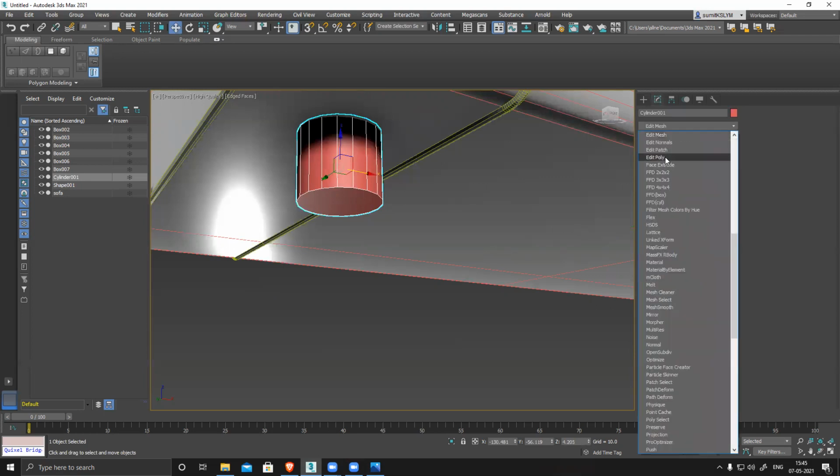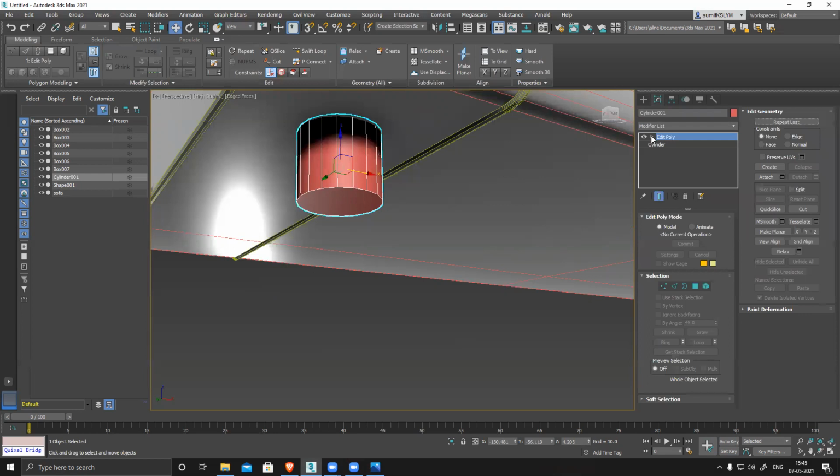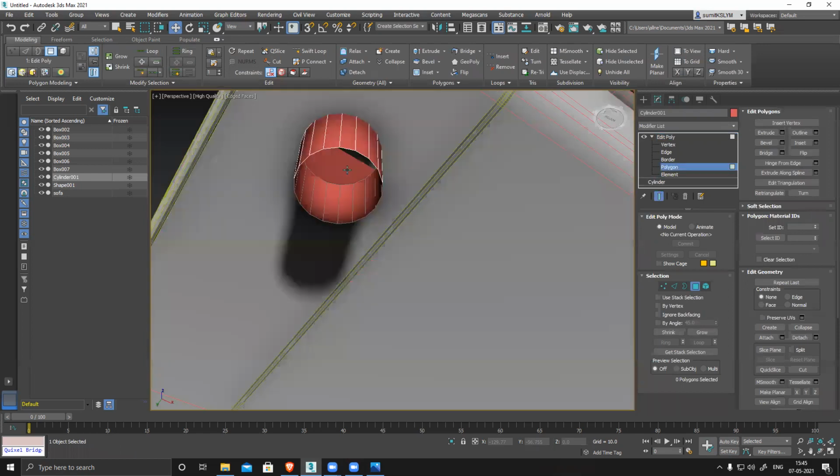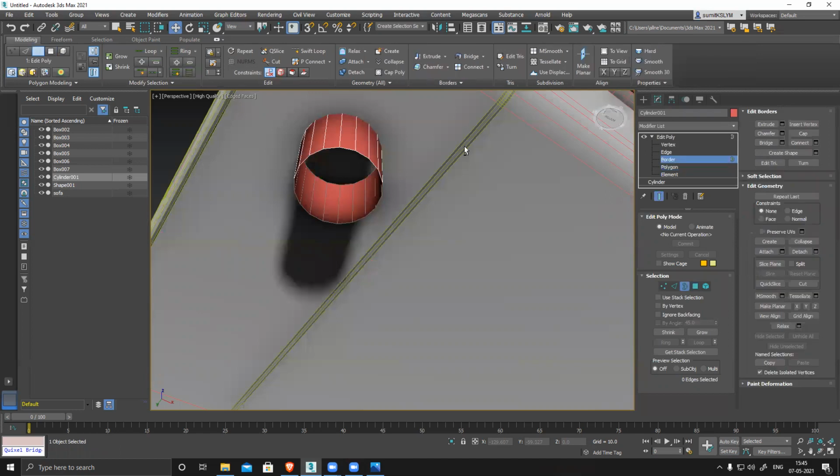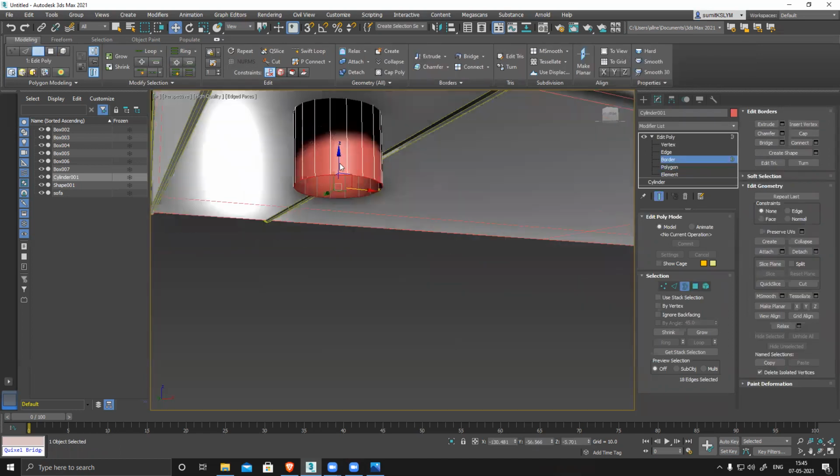Edit polygon. Select polygon, this one, delete it, and this one also delete it. Not required. Anything which is not required, make sure to delete that.